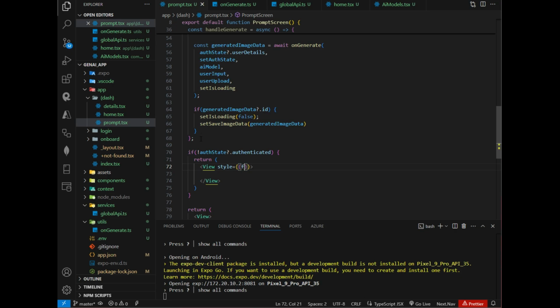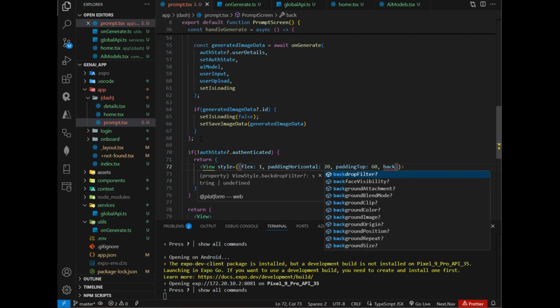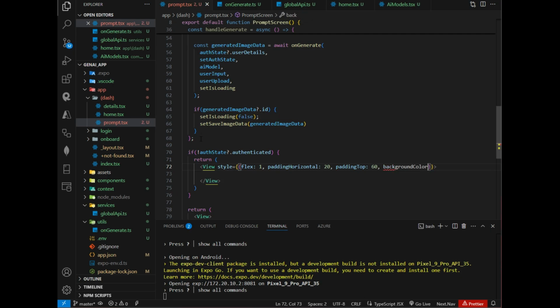So I will say flex 1, padding horizontal will be 20, padding on top will be 60, background color it's like a hash 0c081f,